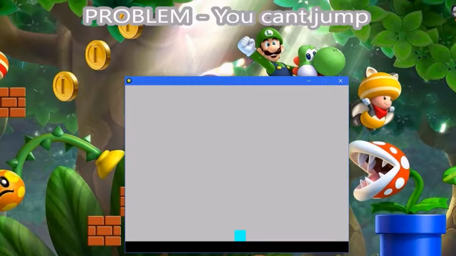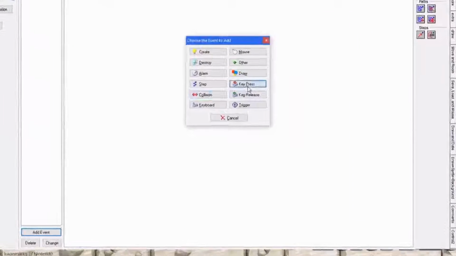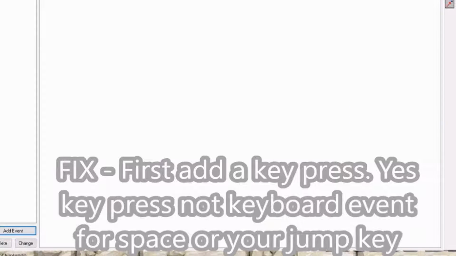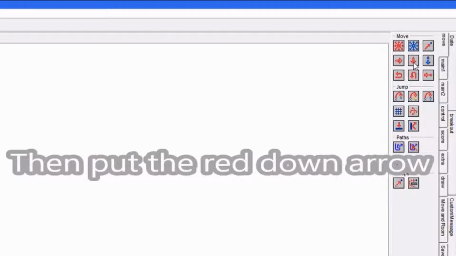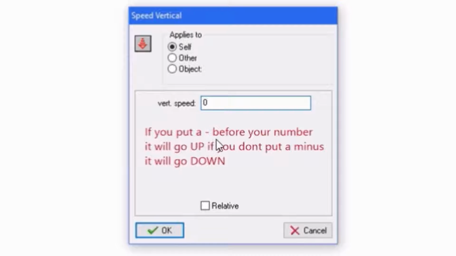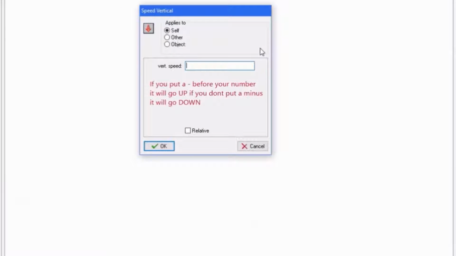And then you have ground, see, but you can't jump or anything. Now what we can do is a key press space and then this one. So basically if you put a minus before the number, it's going to go up. If you don't put the minus, it's going to go down. And since we want it to go up, we're going to put